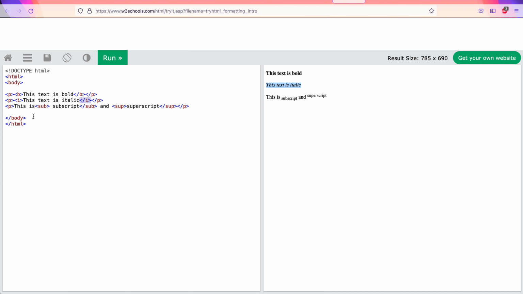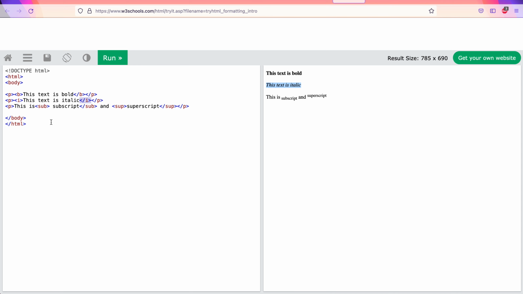And then another usage of formatting, another different way of formatting. Let's say for example, if you are doing some mathematical display and then you want to say 10 base 2, or you want to say x square, then you know that in the case of 10 base 2, the 2 has to be displayed as a subscript, which is slightly below the line of writing. And if ever you want to display x square, then the 2 after x should be displayed slightly above the line of writing. So these are called subscripts and superscripts.